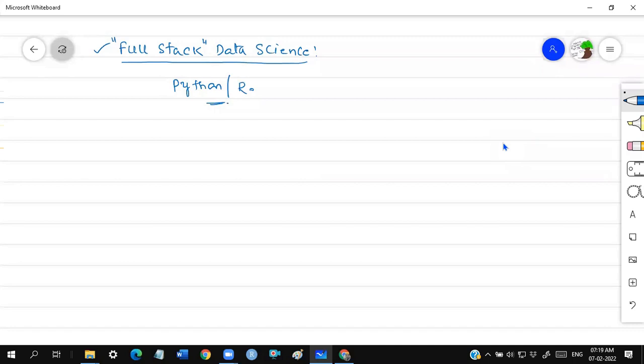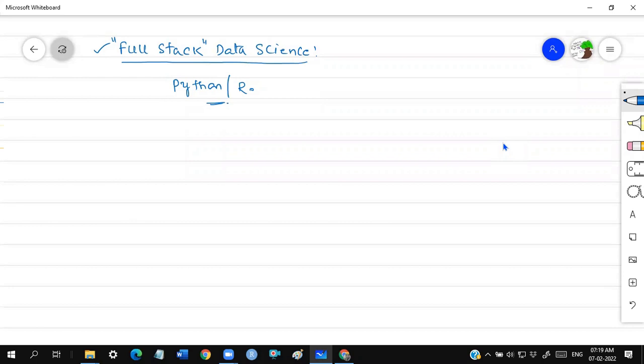Sir, why do we have to learn Python and R? We are not learning Python and R to become a Python programmer or an R programmer, guys, but to implement these data science techniques. Data science is completely a concept of techniques only, guys. Some kind of techniques only we are going to be learning. What techniques do we learn and what are we going to do with them? Some mathematical techniques, some statistical techniques we are going to be applying. To apply those techniques by using a programming language, we are going to learn Python